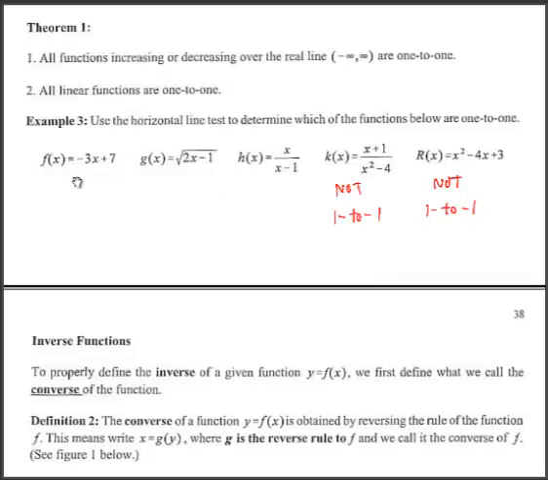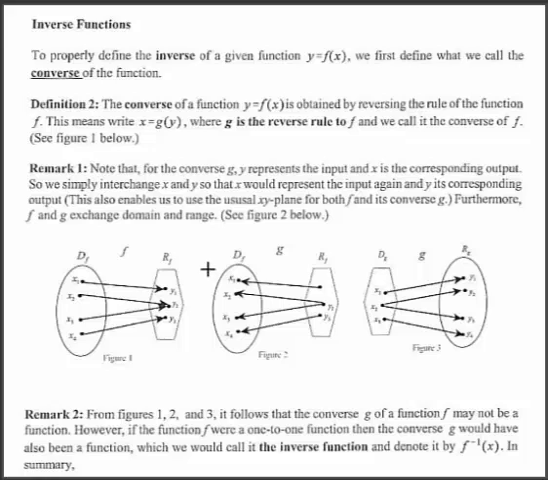Okay, so all of these were functions. The first 3 were 1 to 1, and the last 2 were not. They failed the horizontal line test. The last 2. So if we look below at F, G, and then we have G again,